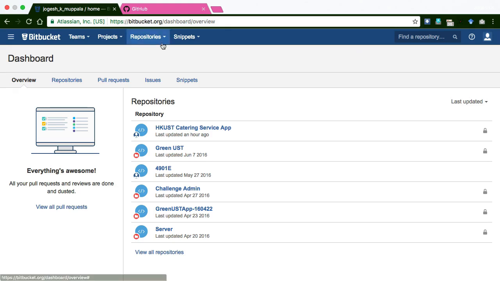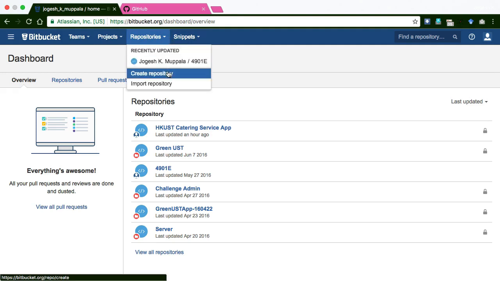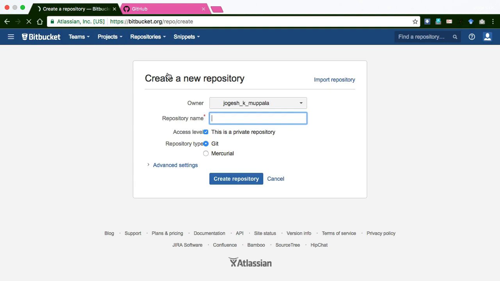I'm going to create a new repository online on Bitbucket. So I just click on create repository, and then this will come up with some details. Now this varies with the repository service provider. Here I will specify the name of the repository as git test, and then I'm going to mark this